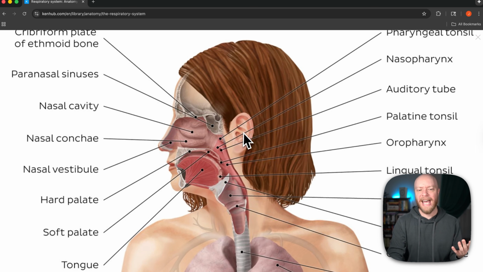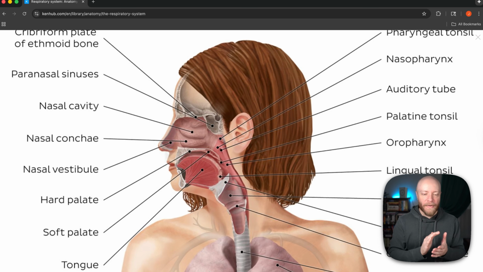So let's start with the head, because I don't know about you, but that's where I breathe. We don't absorb air through our skin. We are creatures that need it to be taken in through tubes. And so there's basically two options of where we can breathe in, and that is your nose and then your mouth. Now, let's start with the nose, because the nose right here is this cartilaginous flappy bit,